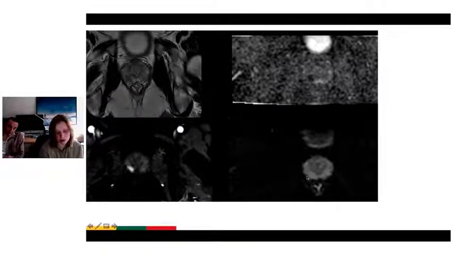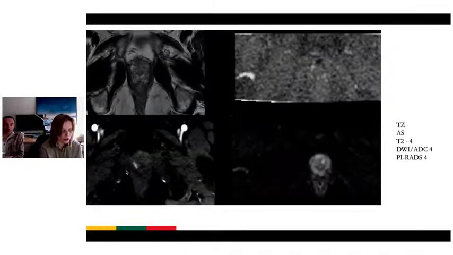On DWI, we don't see a very bright spot here. But we remember that if we have a 3 on diffusion, it's dark but not bright here, then we lean on the contrast enhancing image,